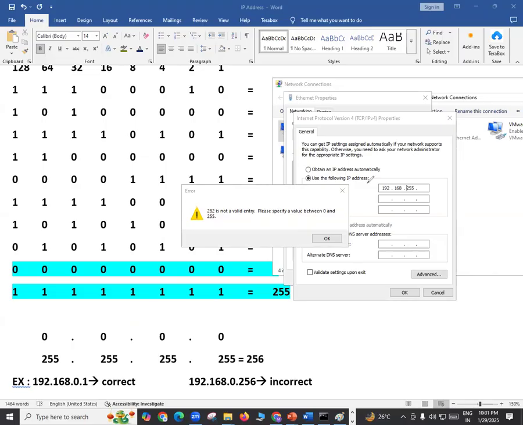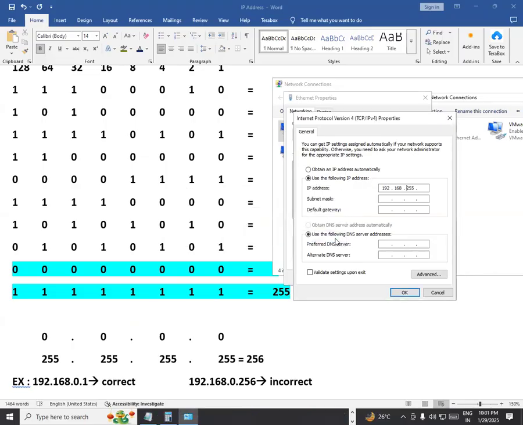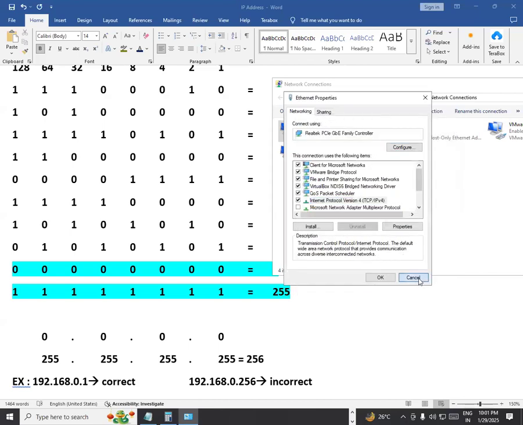Not only in the third octet, in any octet, we cannot use 258 or anything above 255. Okay, so the number is 192.168 dot, let us say 10 dot, I'll go with, let's say, 0.1. So 0 is also accepted here, right? So 0 is also accepted as a number. So this is your IP version 4, my friend.